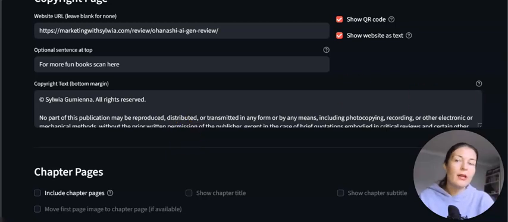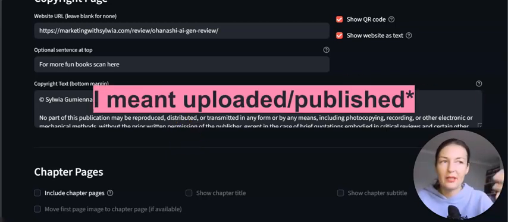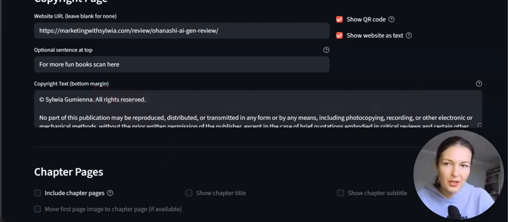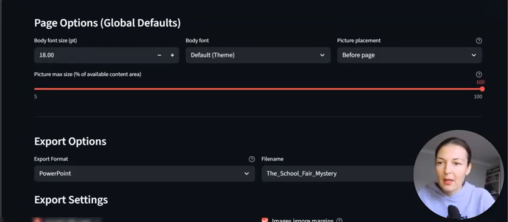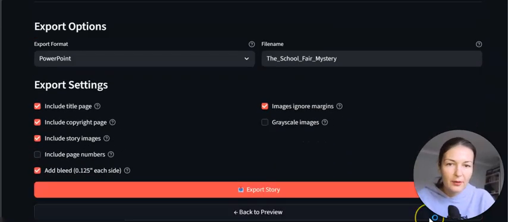You've got your copyrights, which is fantastic. You really have it all ready to be downloaded to your self-publishing platform, guys, really. And with this other feature I mentioned earlier, you get the listing ready, the keywords, the description for your Amazon KDP publishing. Chapter pages, include chapter pages. Now, if it's for children, I wouldn't, okay? It's up to you. So you get to choose the font size, all of the sizes. So you decide what you want.